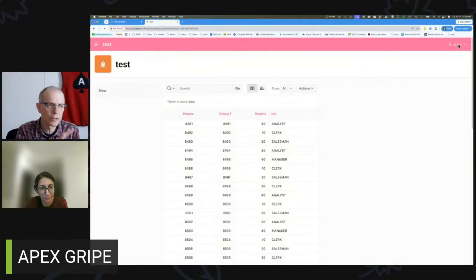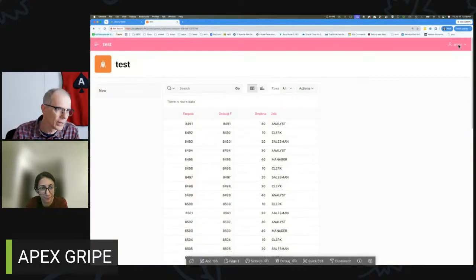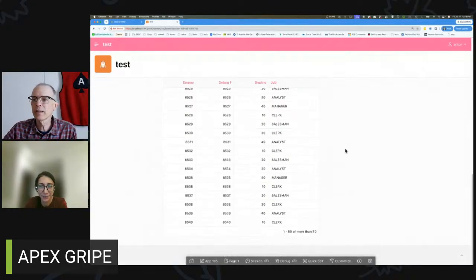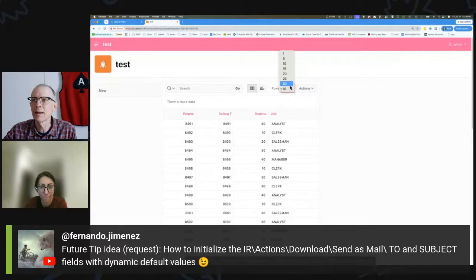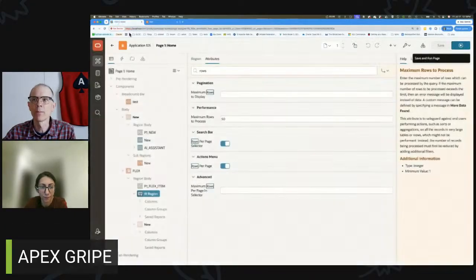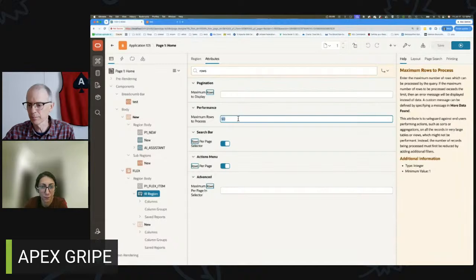The help, in my opinion, is woefully inadequate. Again, this is a gripe, right? Things work. Maybe I shouldn't be complaining, but I am. I have the show. I can complain. So here we go. This 50, it looks like it's doing the exact same thing. Here is the difference. If I put the 50 here,